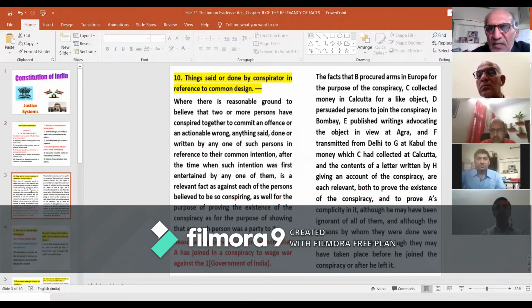This section is important as it is with respect to the offense of conspiracy. And the offense of conspiracy, Section 120A as definition and 120B as punishment provision in the Indian Penal Code. As such, it is an offense which has been introduced subsequent to the original frame of the offenses.